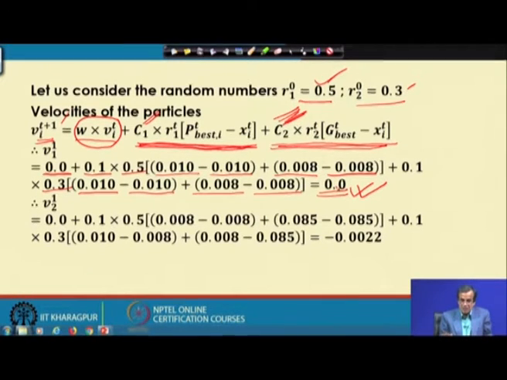So, there will be no change of the velocity, that means there will be no change of the position for this particular particle. Next, I concentrate on the second particle, that is V2 with respect to t plus 1, and once again the initial velocity is assumed to be equal to 0 plus C1 is 0.1, R1(t) is 0.5.